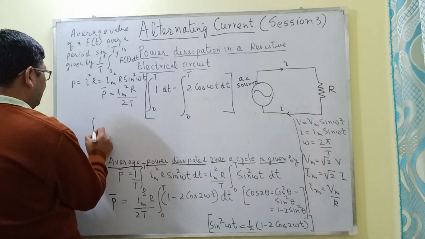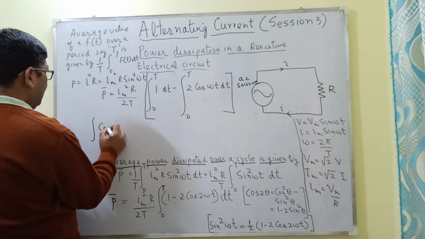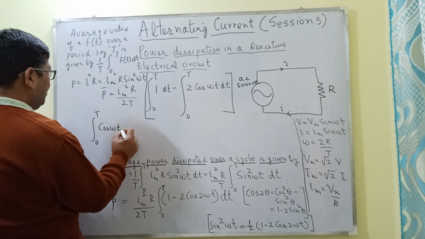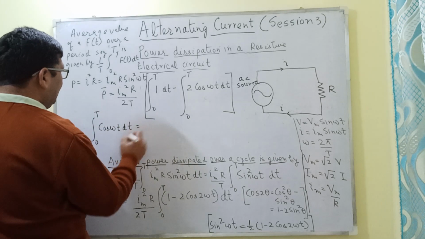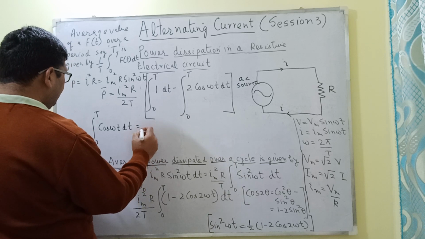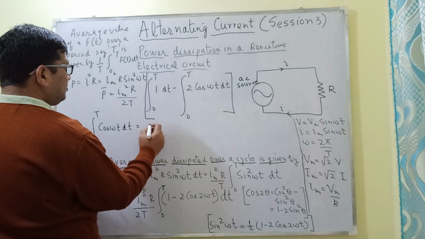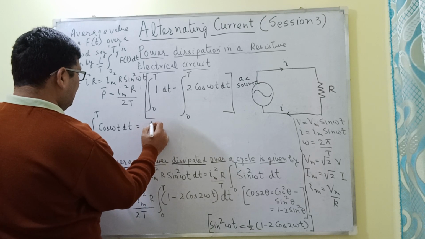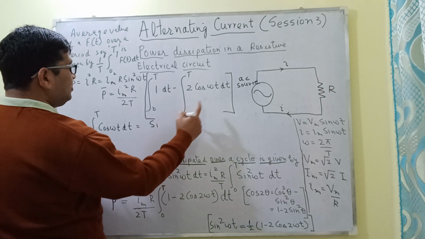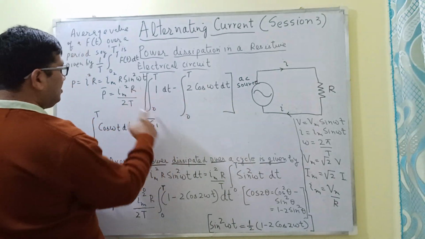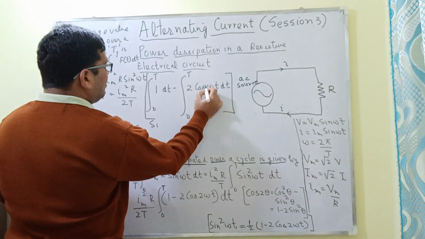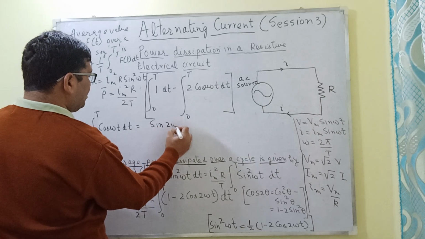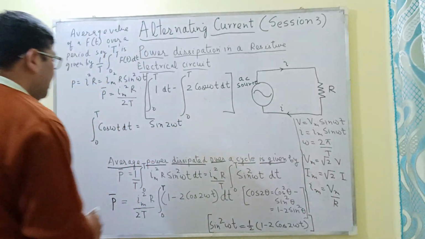That is the integration of cos 2 omega t, from 0 to T, dt. Sorry, this is cos 2 omega t. So this will be equal to sin 2 omega t,